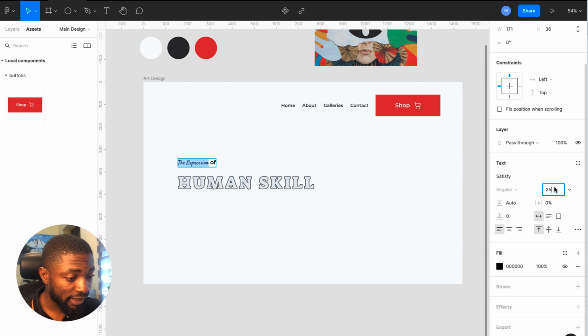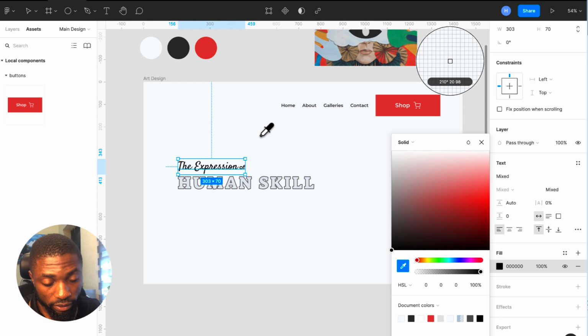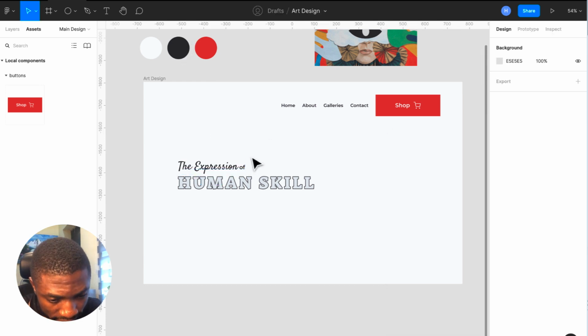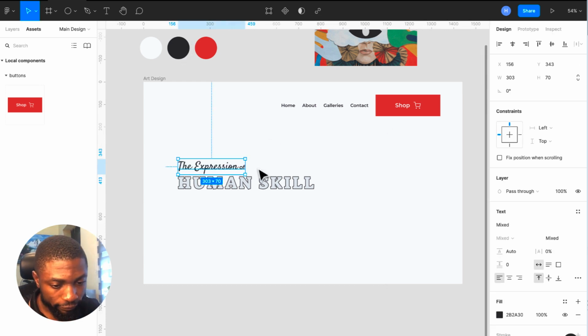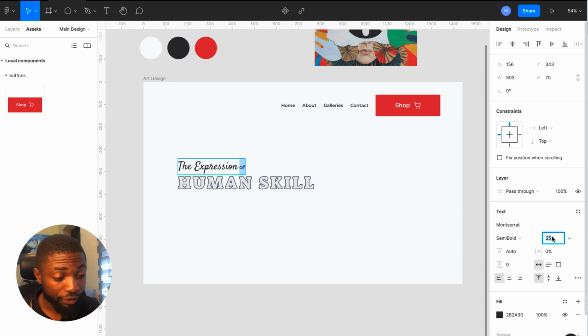And for the font size, remember I'm using type scale to use good, and for the color I'm going to use the black. And for that of the off, I want it to be a little bit different, so I'm going to use size of 61.04,